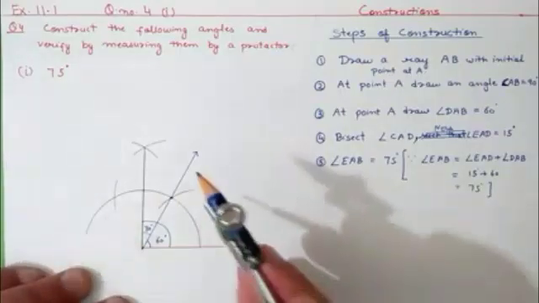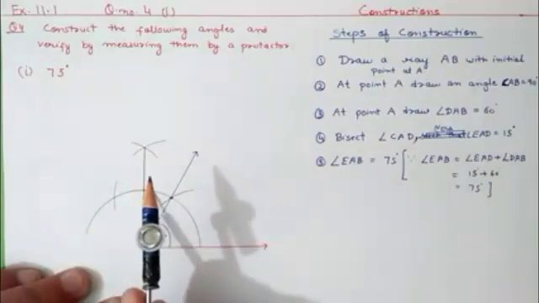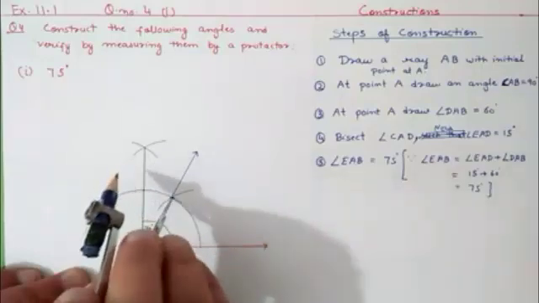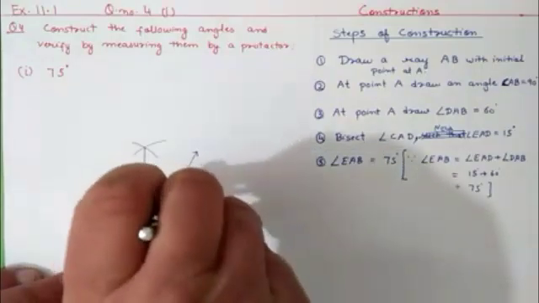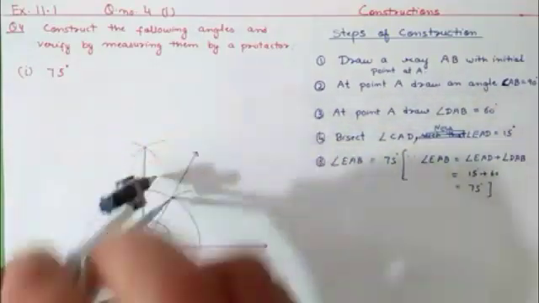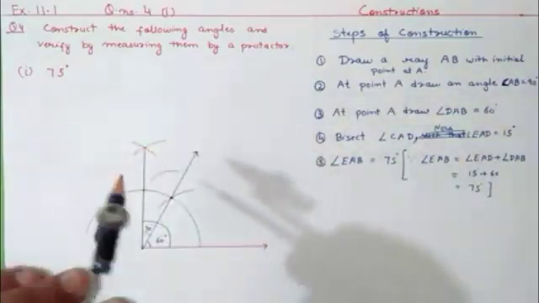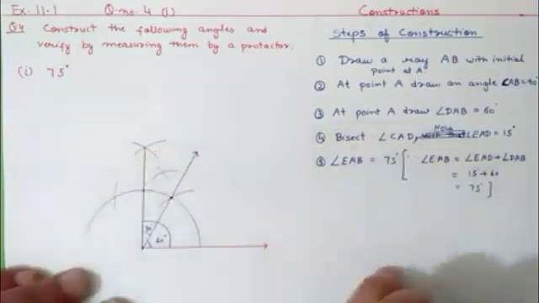Okay, so now from 60 we will construct an arc from the 60 degree line and one arc from the 90 degree line. You can see we will take the radius between these two and construct an arc, one from the 60 degree line. Okay, we have done it. The next arc we construct from the 90 degree.